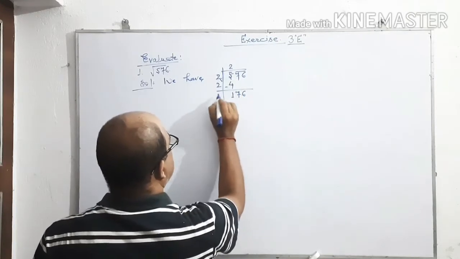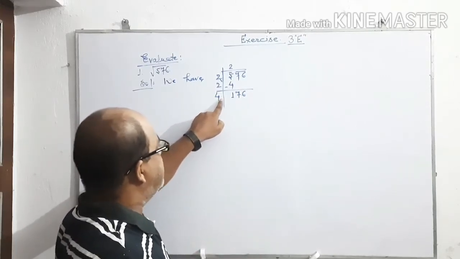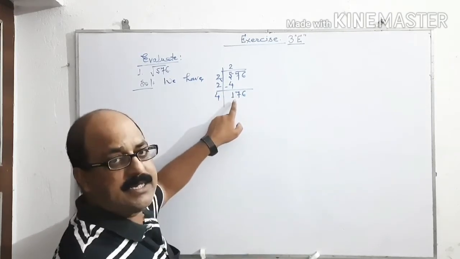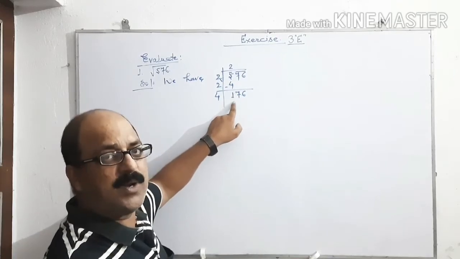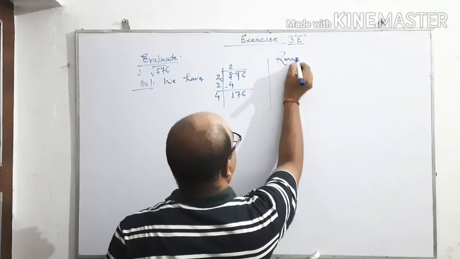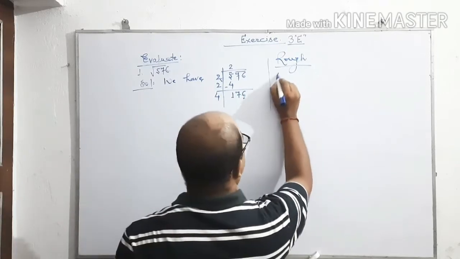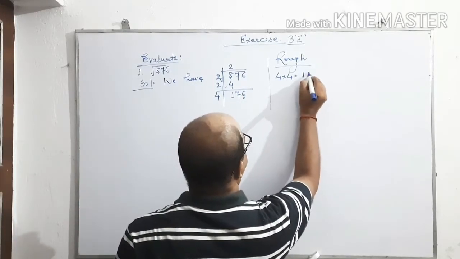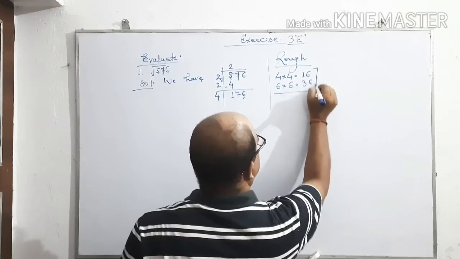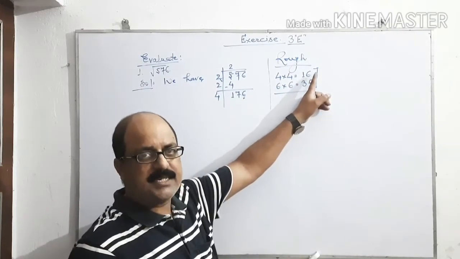2 will be added here. 2 plus 2 is 4. Now we have to put a digit. Let's multiply it with the same digit and try to find the number 176. Here, make a draw. We have to find 6 in the unit place. There are only 2 options. 4 fours are 16 and 6 sixes are 36. We have only 2 options that give 6 in the unit place.